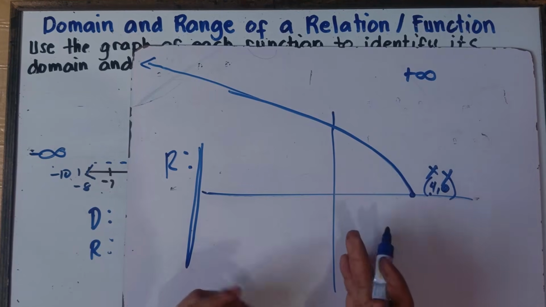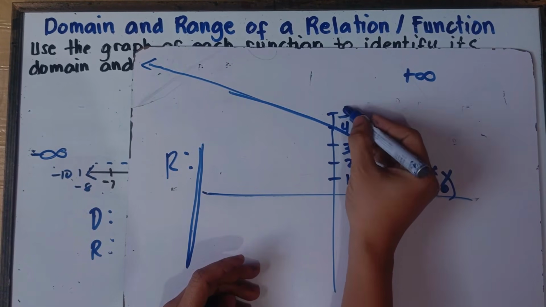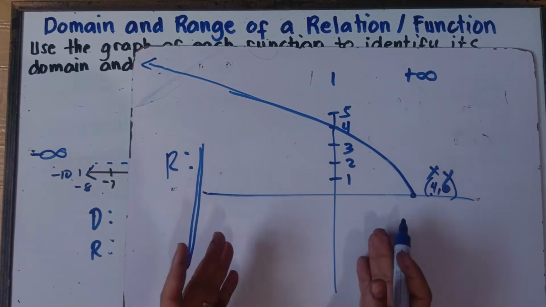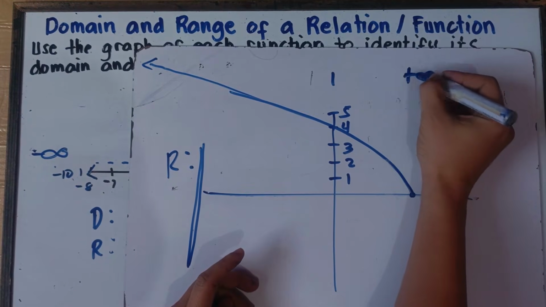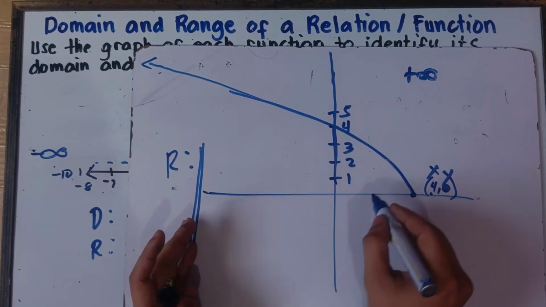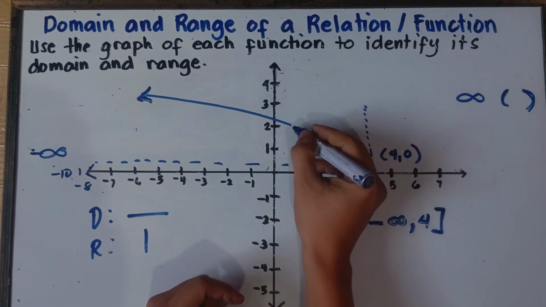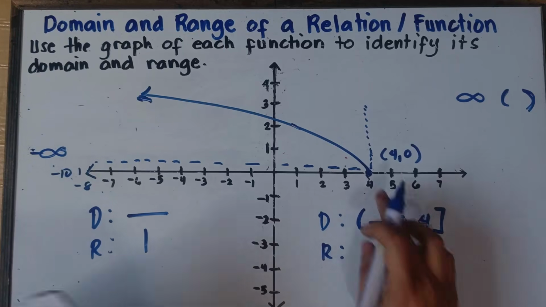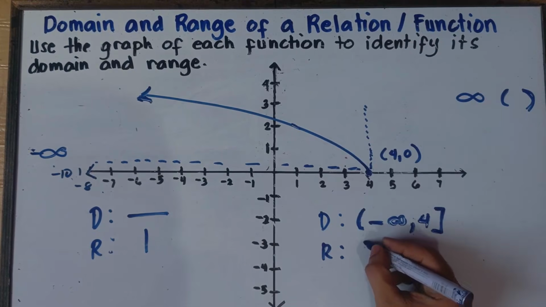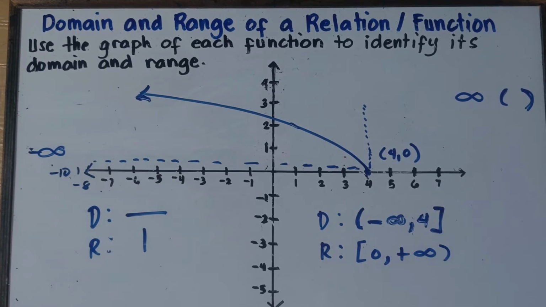Now, why is it positive infinity? Because the numbers, class, going upwards, we have positive 1, positive 2, positive 3, positive 4, positive 5, positive 10, up to positive infinity. Positive 1,000, positive 1 million, positive 2 billion, up to positive infinity. We're looking for vertical distance, and numbers going upwards are positive numbers. So the range, starting from 0 at the bottom going upwards, would be bracket, 0, comma, up to positive infinity, and then parentheses. That's it, class.